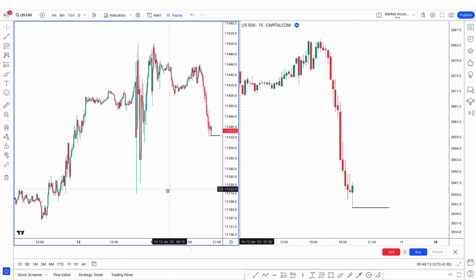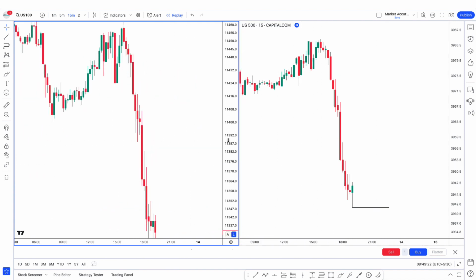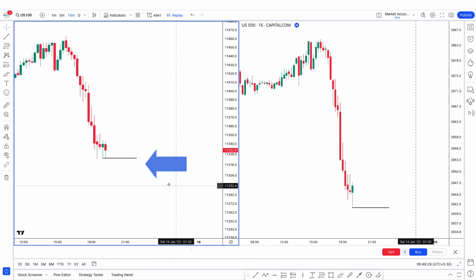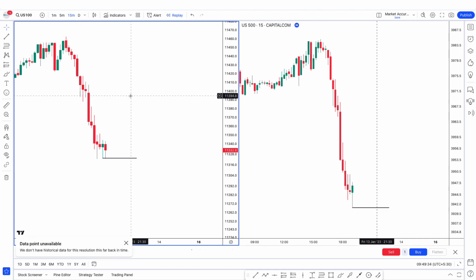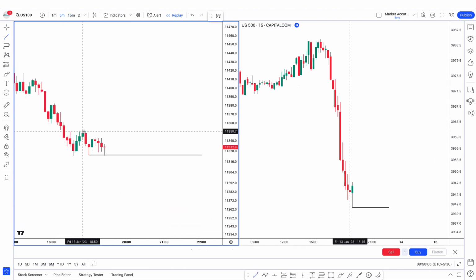Don't go too far. You can see that we are bullish. So now what you can do is just take longs. So you can see we swept the low of this candle. And if I play a candle here, you can see we did not. Now what I'm going to do is I'm going to go back. Once that liquidity is swept, I'm going to go back to the 5-minute time frame, and I'm going to look for market structure shift,